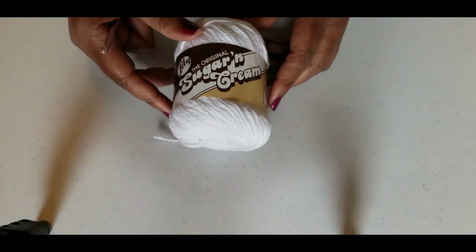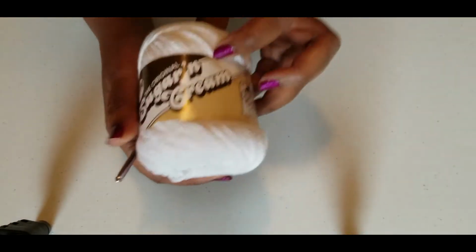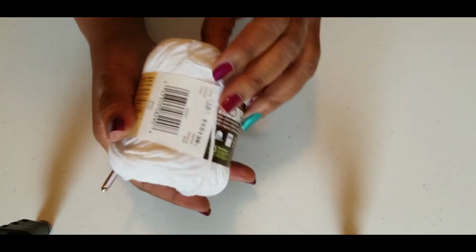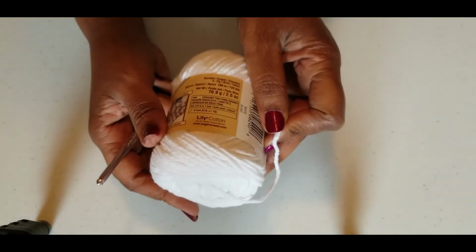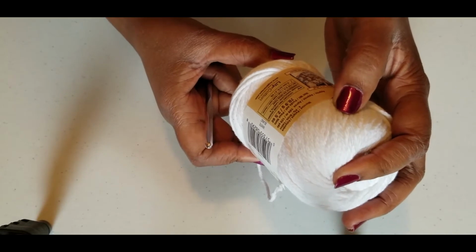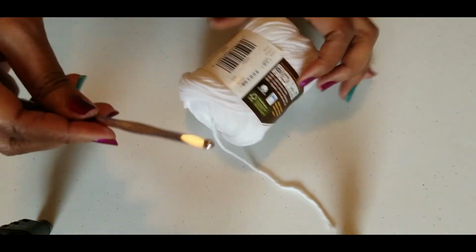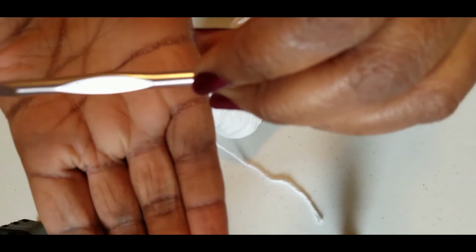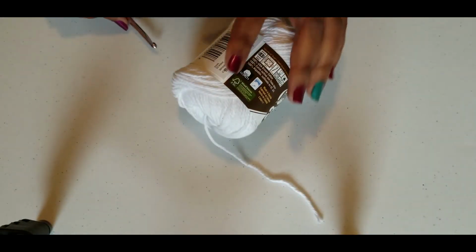Okay, so for this washcloth, I'm using some white yarn from Sugar and Cream, and again it's 4 weight, and this is white, and it recommends a 6mm hook, but I again will be using the I hook. Ooh, my hands are dry. And you will also need